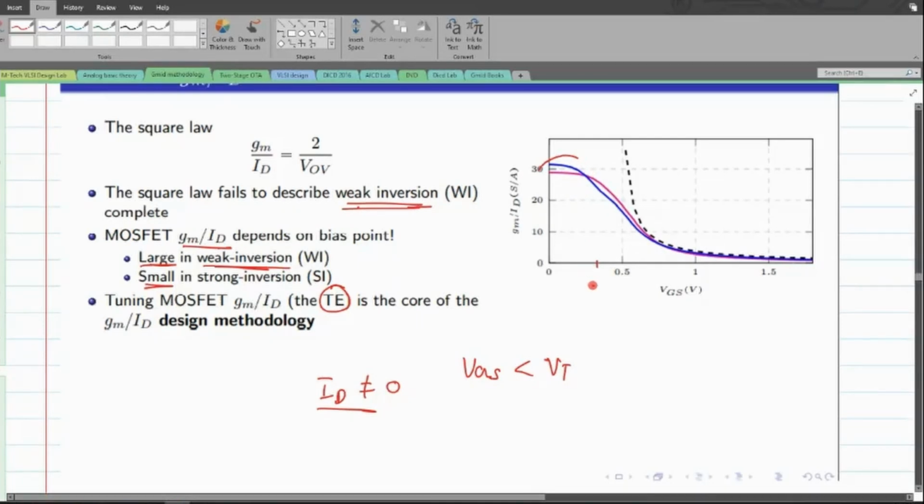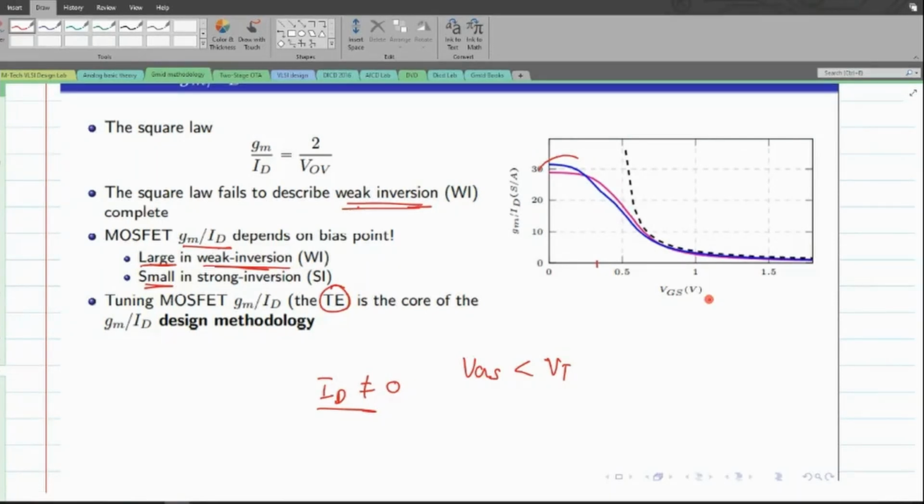At different values of VGS, I have different values of transconductance efficiency. It is not the case that we have learned in a BJT. In this case, we have some differences, due to which I can decide what efficiency I need based on the value of VGS. That is the core of this GM over ID: we have some sort of variation for the control input.